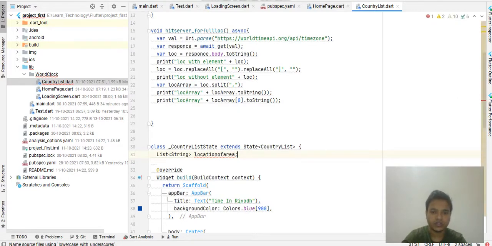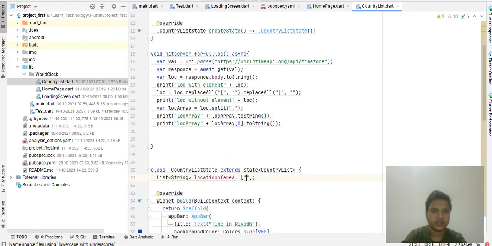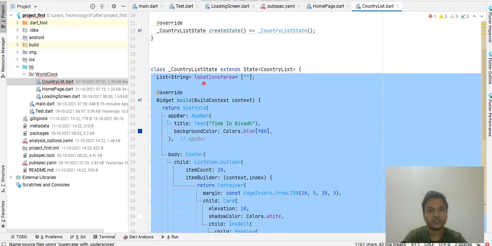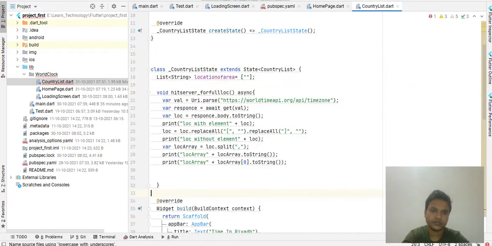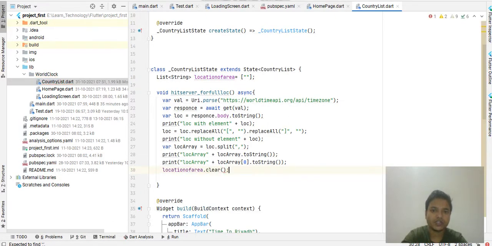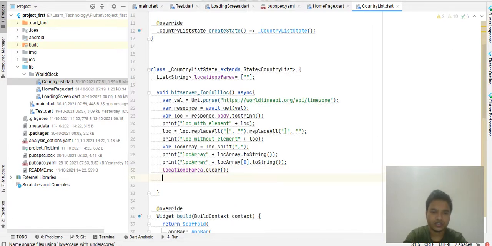We also have to copy this from here and paste it here and change its location. First we have to clear it because we already have one element provided here. If you don't provide an element, we do not need to clear it. And then locations is equal to that array.